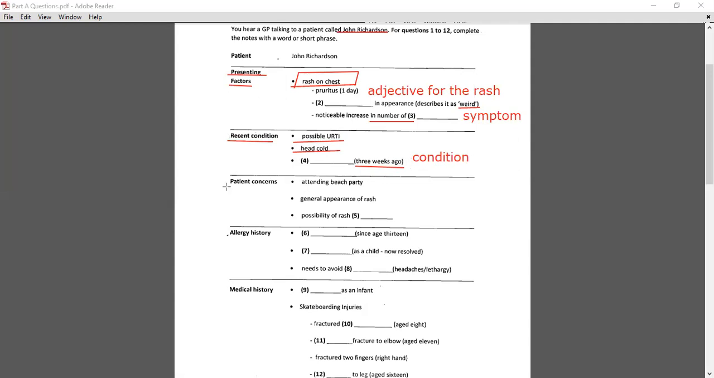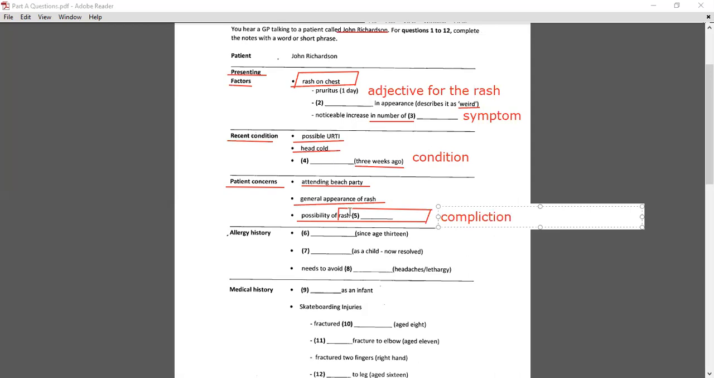Then patient concerns, what are they anxious about, what are the worries? So here you have two bullet points which are not being tested. These bullet points can also be very helpful because they help you pay attention to what is being discussed and keep track of the whole conversation. So attending beach party, so probably in this part of the conversation he might describe how he has to attend a beach party and how the appearance of the rash may be affecting him, and possibility of rash. So he's concerned about what may happen in future, right? So here it could be a kind of complication